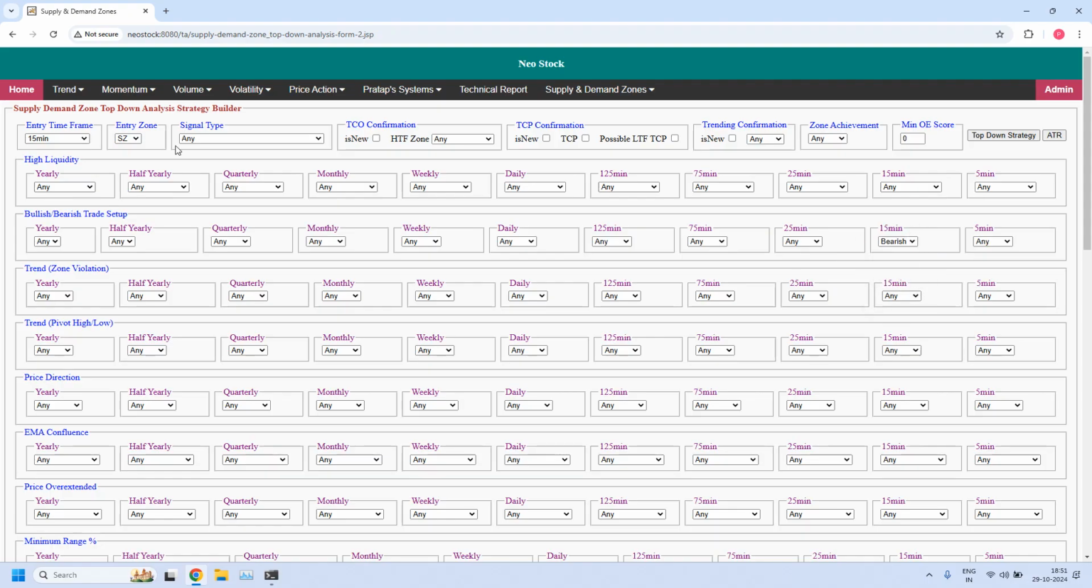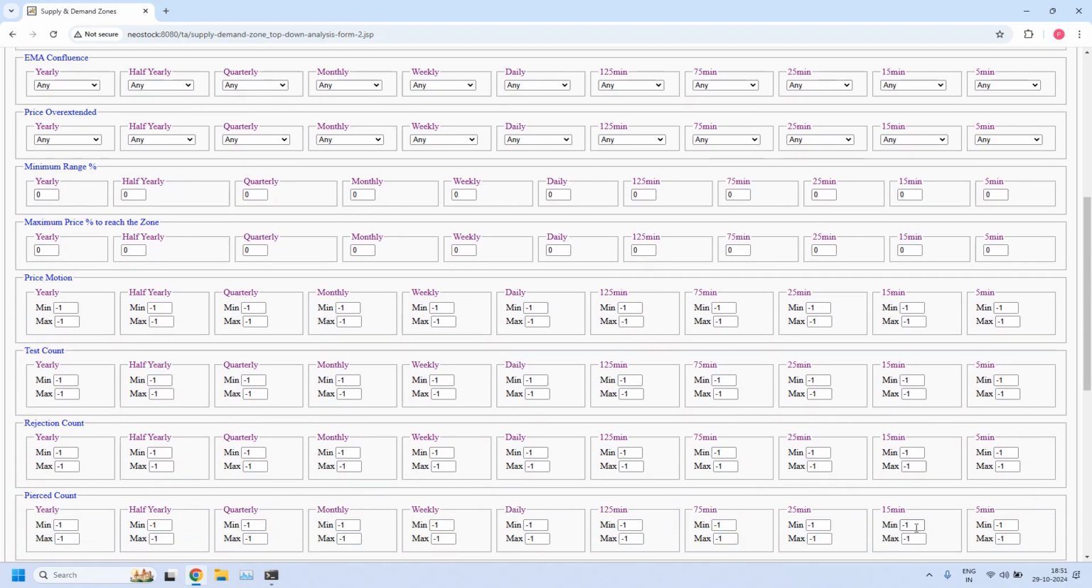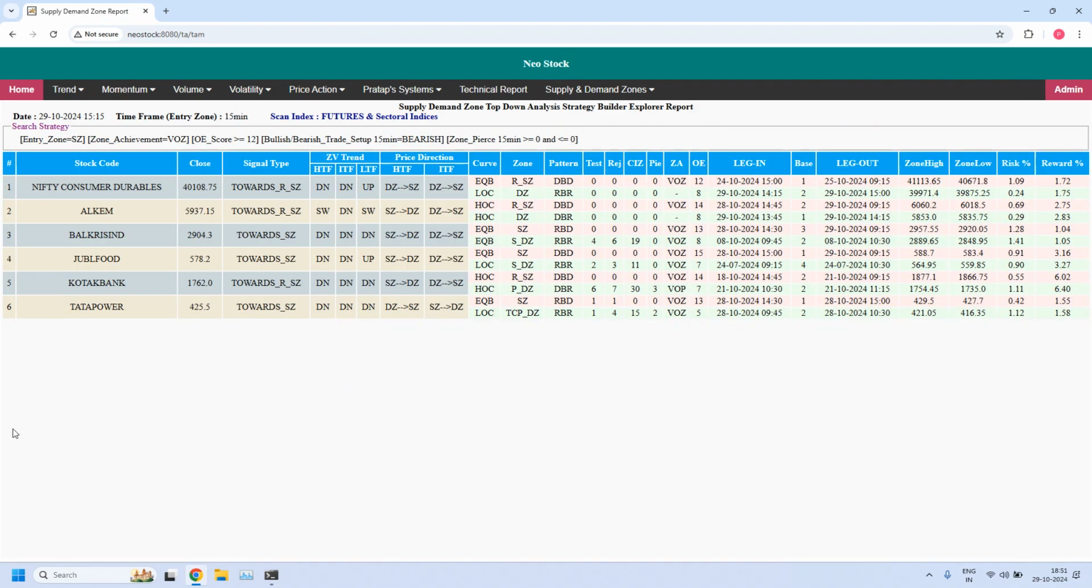The 15 minutes supply zone should not be pierced. So in the pierced count at 15 minutes time frame, I am setting minimum value 0, maximum value 0. Zone achievement is violated opposing zone, minimum odd enhancer score is 12. All the 3 filters are applied to the 15 minute supply zone. We got 6 stocks. Currently these 6 stocks are supporting bearish trade setup for